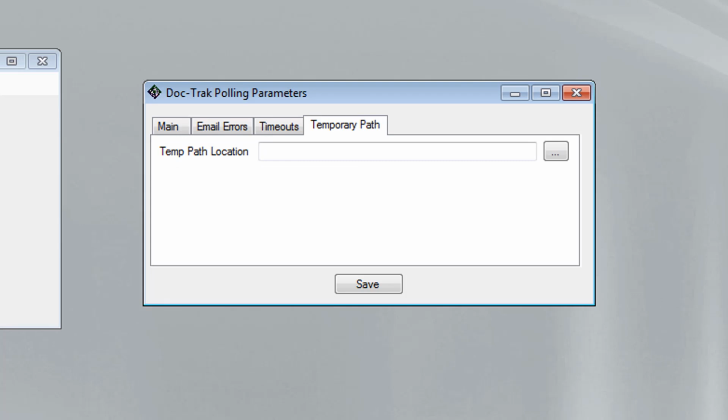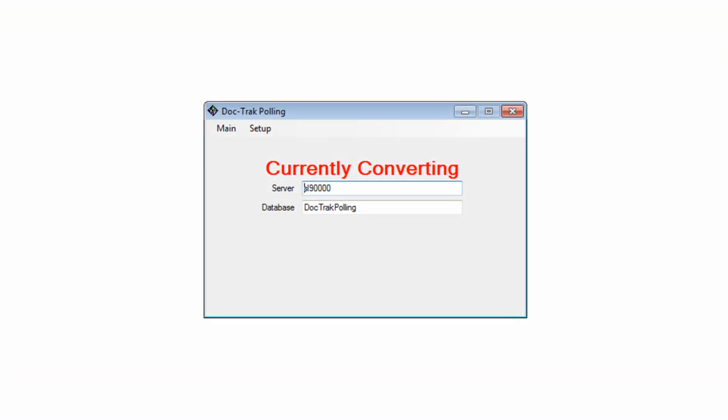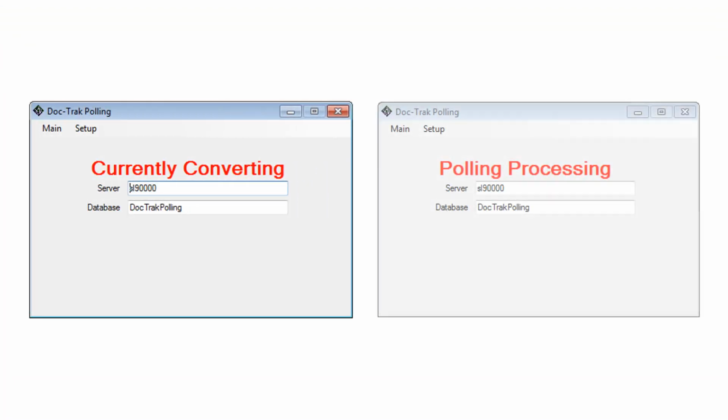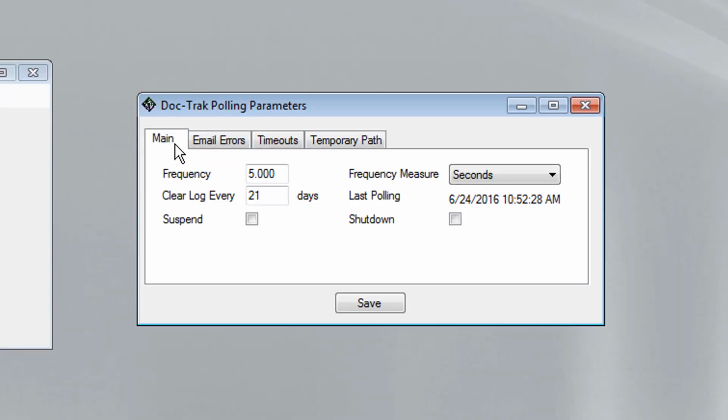This is here for companies that want to set up two sessions of DocTrack polling to run simultaneously, one for converting and one for processing. For more information on this, you'll want to refer to the installation manual. Finally, when you've completed entering or modifying your polling parameter settings, click Save.